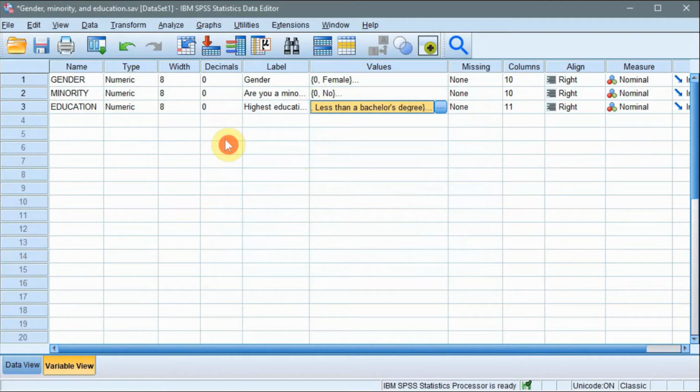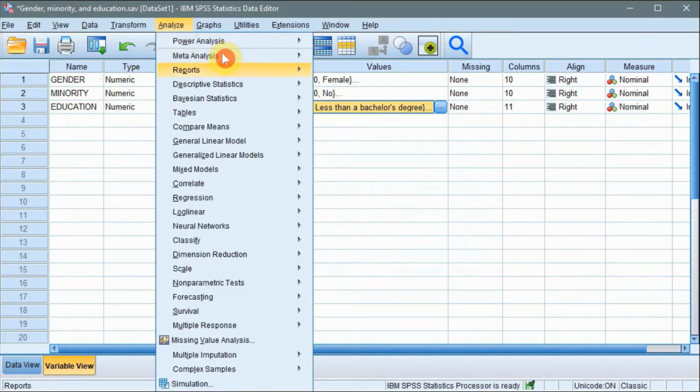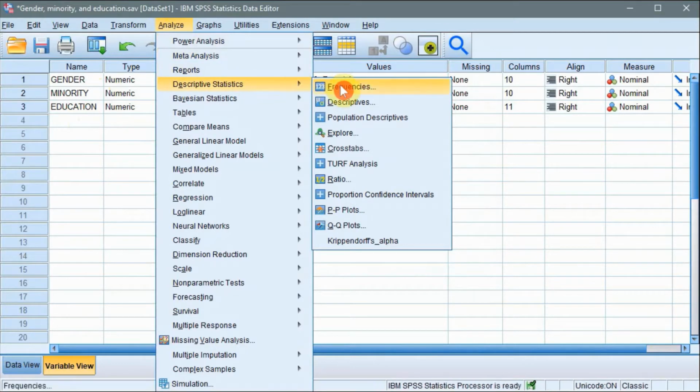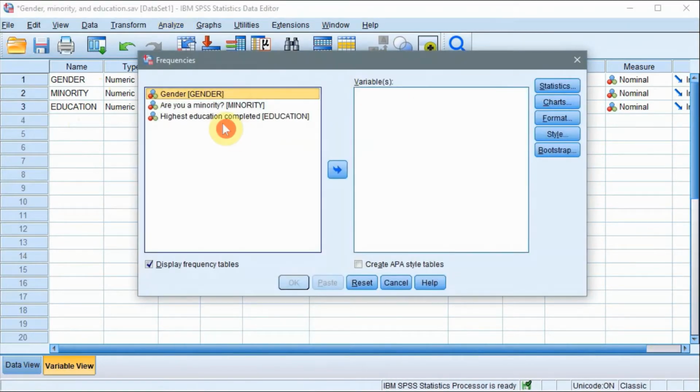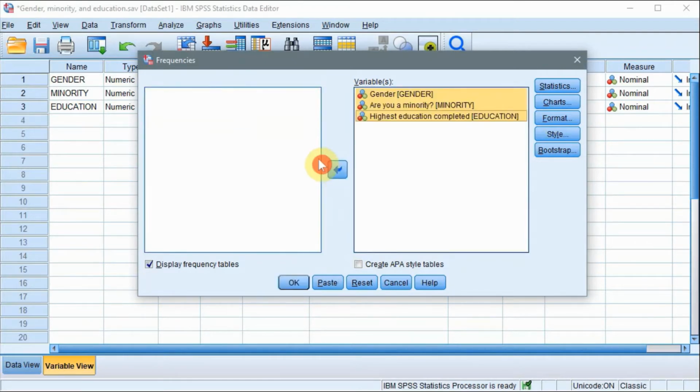Now let's say that you are interested in seeing the count and percentage distribution by gender, minority, and education credentials. Then we'll go to Analyze, go to Descriptive Statistics, and choose Frequencies. Highlight the 3 variables and move them over. And make sure that the Display Frequency table box is checked right here. And if you want the table to be formatted according to APA style, check this box which says Create APA